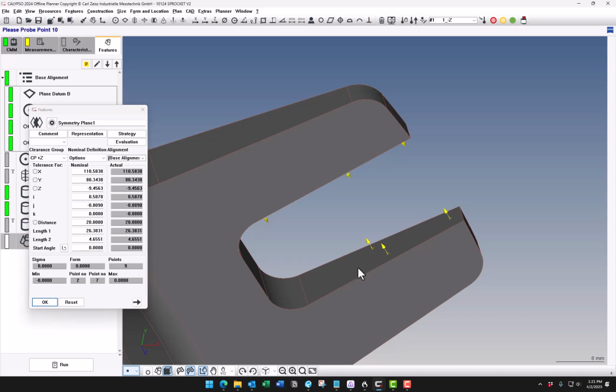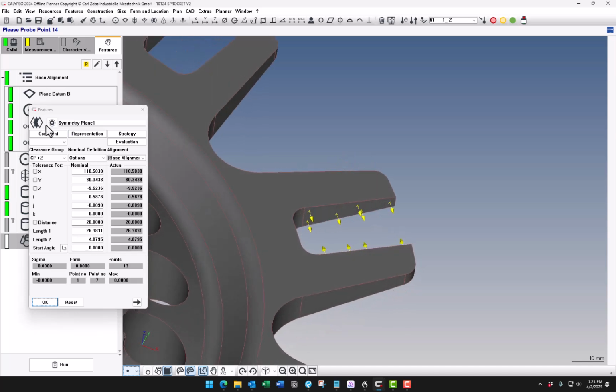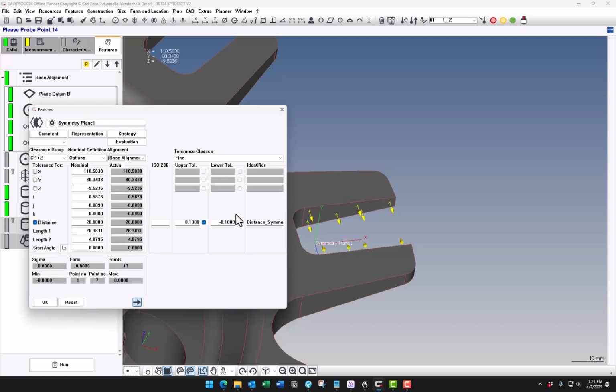Make sure you take these points at different levels, because if you do them in a straight line, Calypso won't be able to construct a plane. So these opposing points together create what's called a symmetry plane. This is a feature of size, and it allows you to report the distance across or the width of that plane as well. So we're going to report that, and we'll just call this slot width